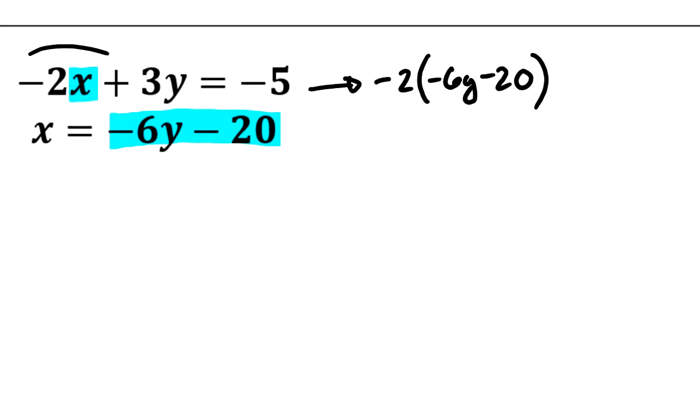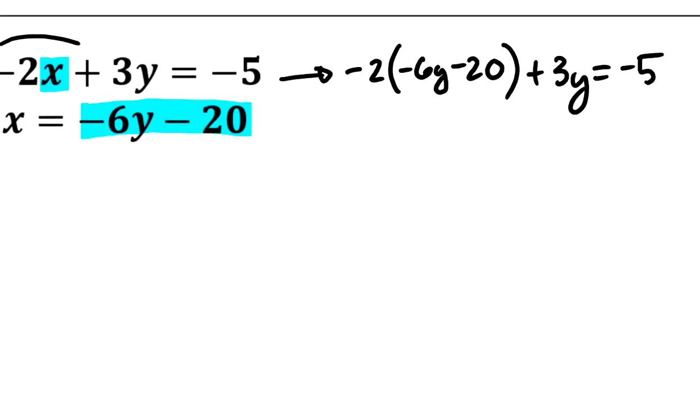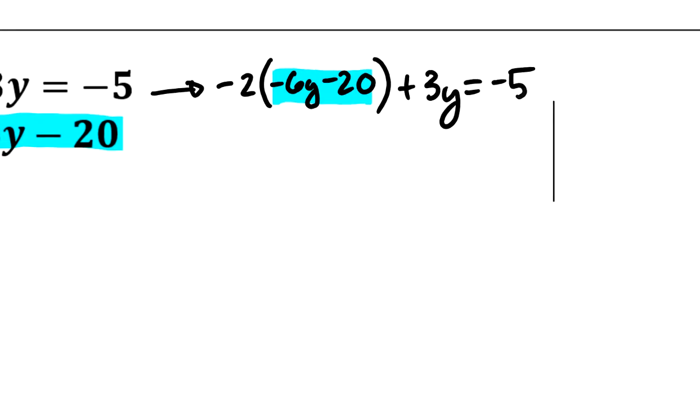Everything that you just see I wrote was minus 2x. That's negative 2 times x, and then plus 3y, and that equals negative 5. So again, the thing that I've highlighted here is the same thing as x. So we're looking at negative 2x plus 3y equals 5. Now, if I use the distributive property on the left-hand side,